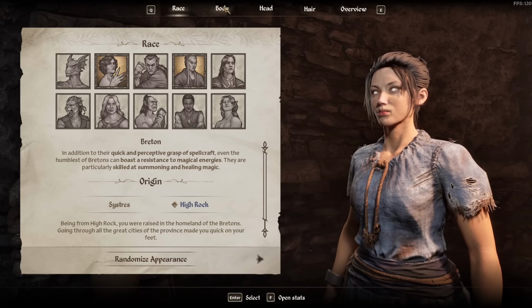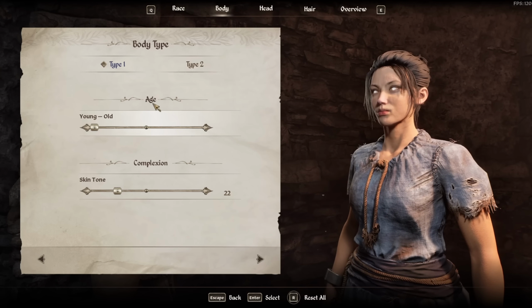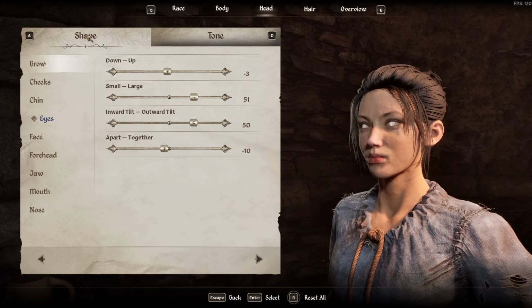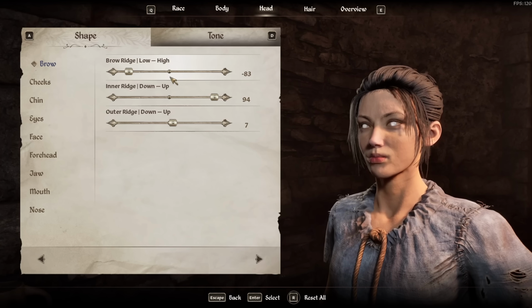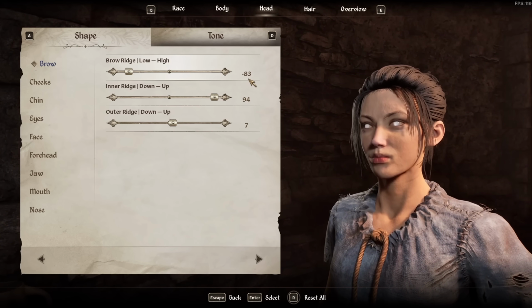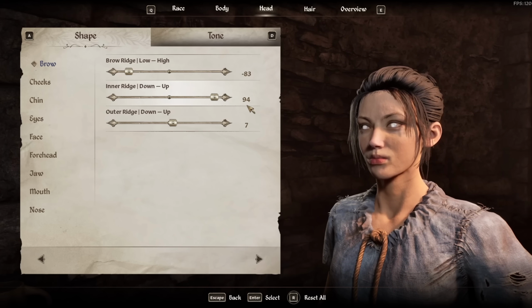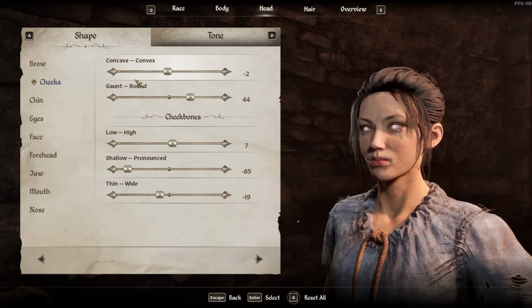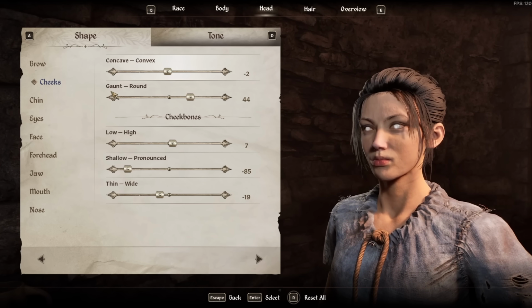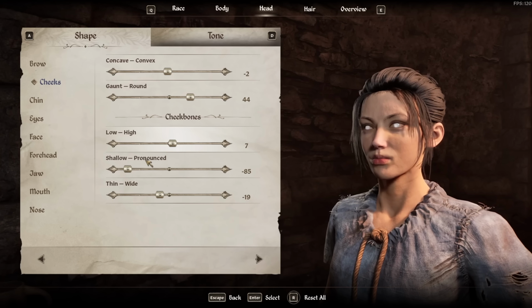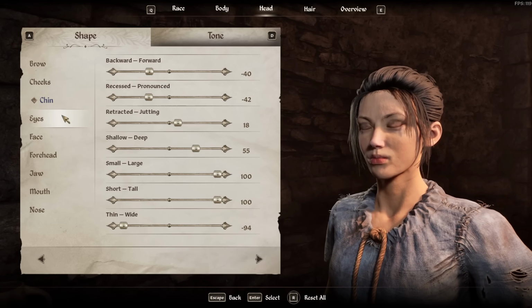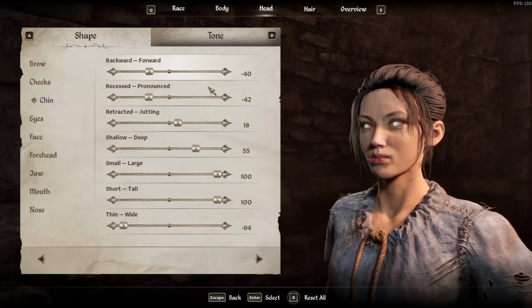I started with the Breton for a race, age young all the way down. Skin tone 22. For the head, let's start with the brow. Here we have brow ridge, low high minus 83. Inner ridge down up 94. Outer ridge down up 7. Then to the cheeks, concave convex minus 2. Gaunt round 44. Cheekbones, low high 7, shallow pronounced minus 85, thin wide minus 19, chin backward forward minus 40,